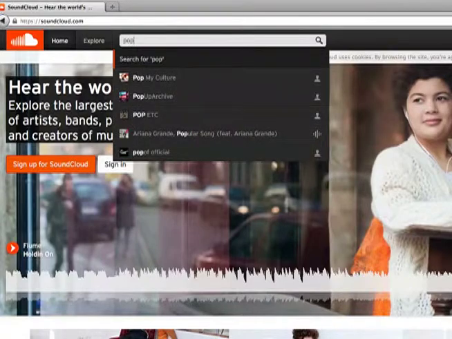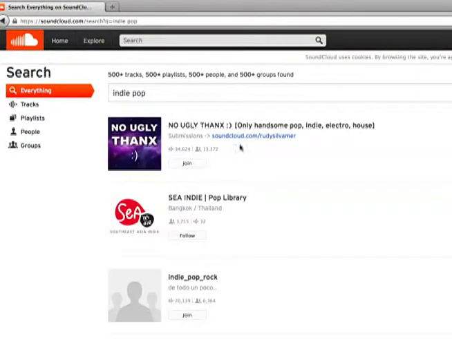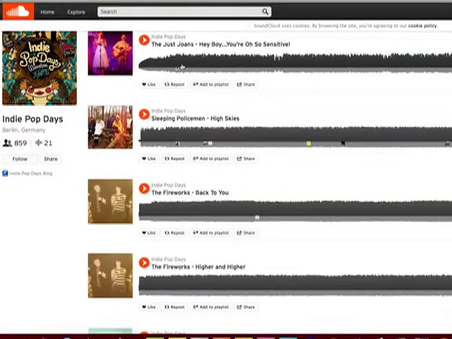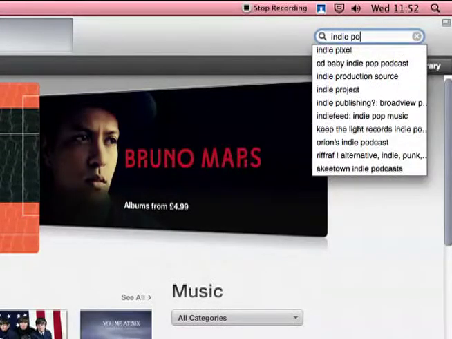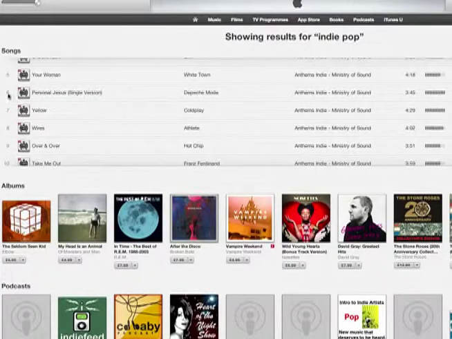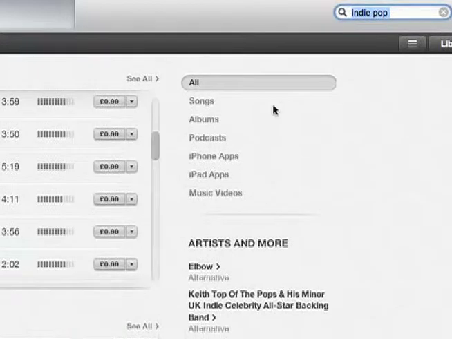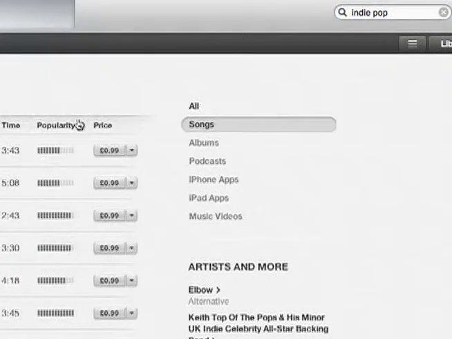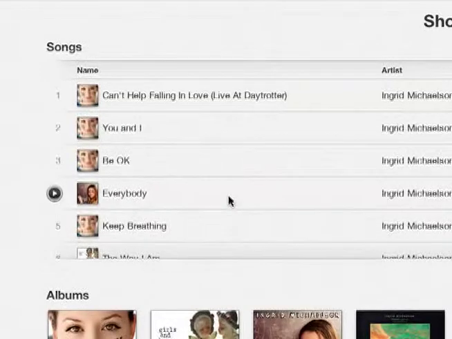During the initial stage of trying to find a song, I had checked on a website called SoundCloud. SoundCloud is not a mainstream website to find songs. I was looking for a song that would be of the indie pop or pop genre. However, because I couldn't find an appropriate song on SoundCloud, I had to then move on to another music searching website called iTunes. iTunes is a globally known website which shares music and other media. After a long search, I had found two songs which I was quite interested in. These were Everybody by Ingrid Michaelson and You and I, also by Ingrid Michaelson.